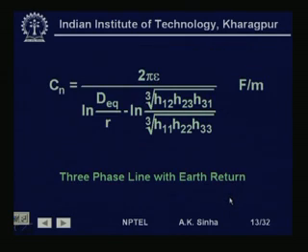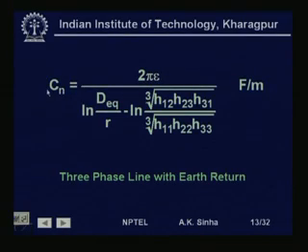So, just as we have calculated the voltage between the conductors A and B, we can also calculate in the same way the voltage between conductors A and C. So, we will get the voltage VAC in that case. If we add these two voltages VAB plus VAC, we had seen this is equal to 3 VAN. In this way, we can calculate the voltage VAN, that is voltage between phase A conductor and the ground or